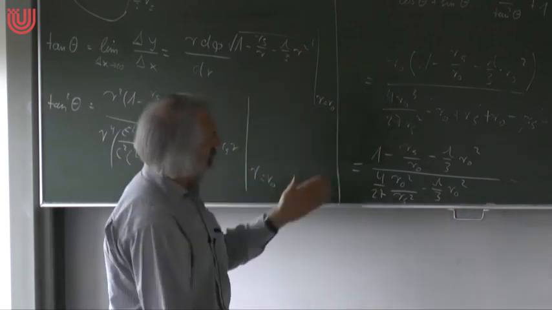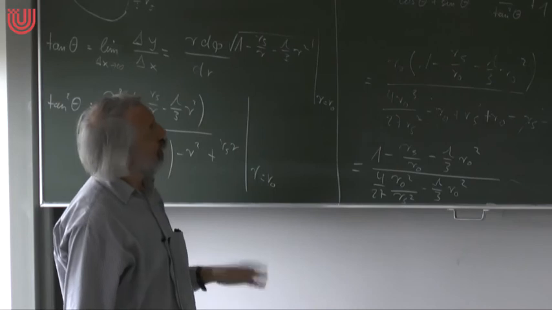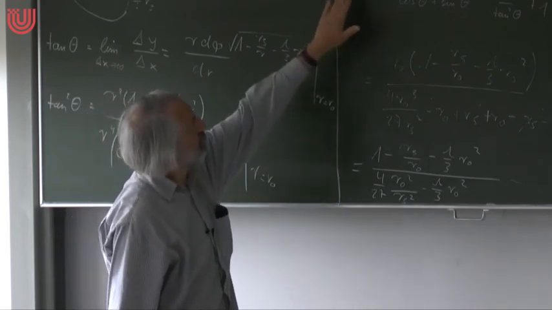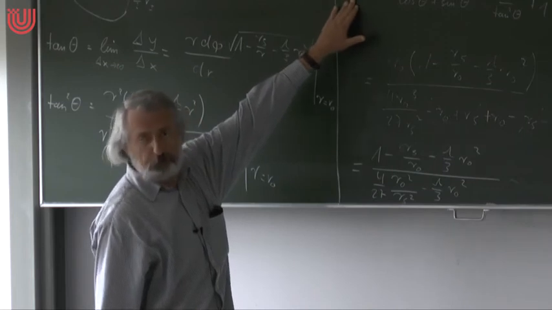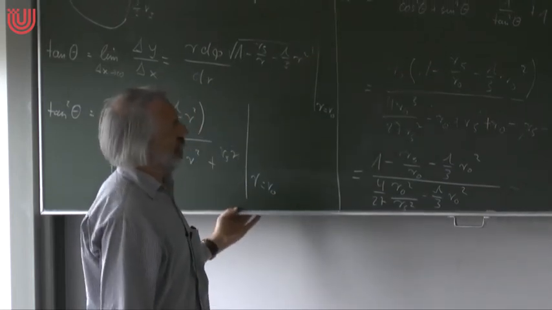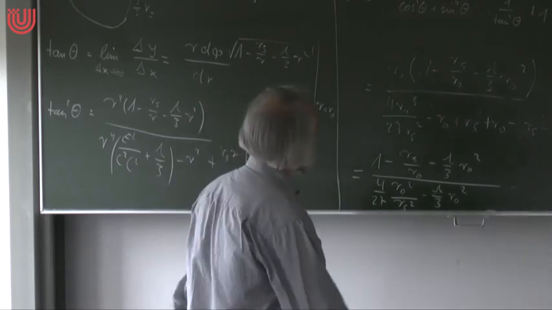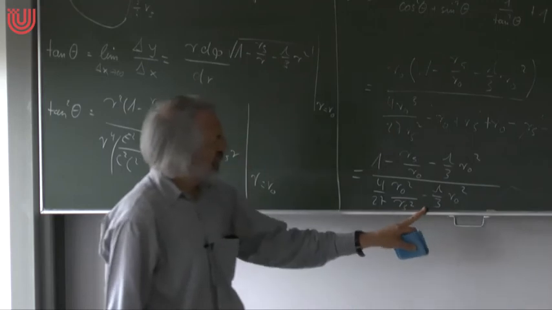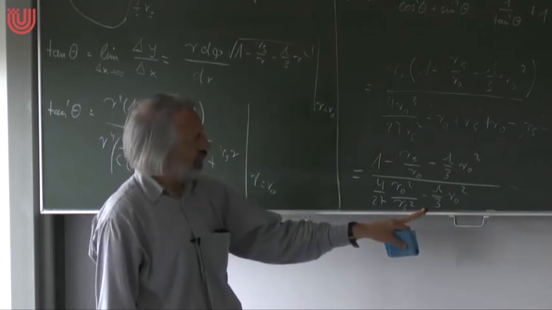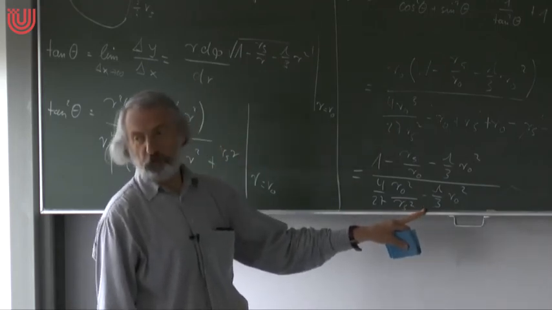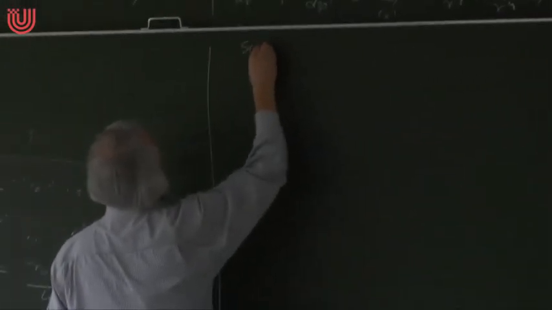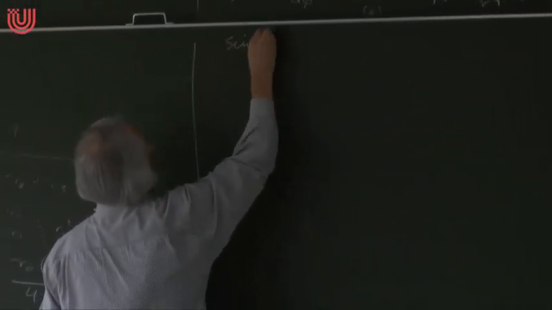And now the question is: for all possible values of lambda, is it an allowed value? So this must be between 0 and 1, right? Sine squared of something must be between 0 and 1. Well, our observer is in the static region, so this expression is positive. And we see what's the condition on lambda: precisely that lambda must be smaller than lambda critical. Yeah? So the first condition is that we must have sine squared of theta